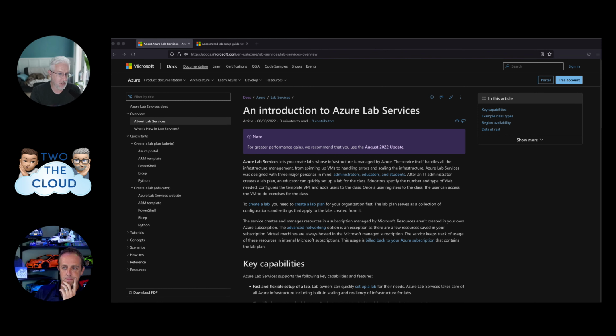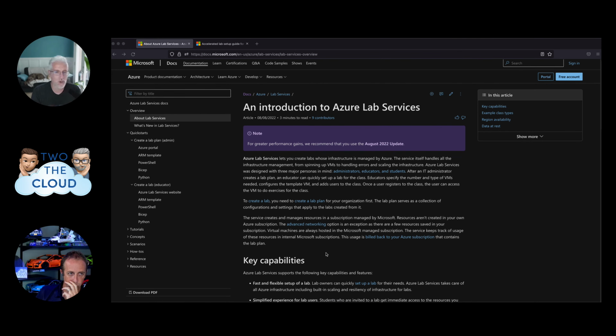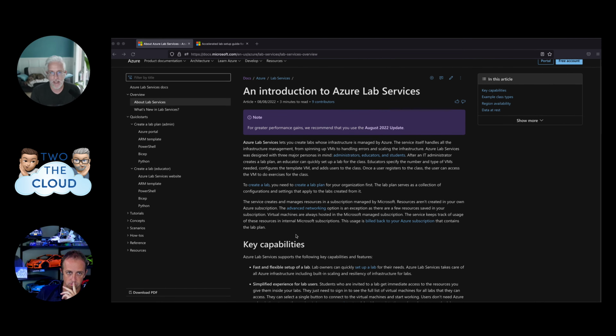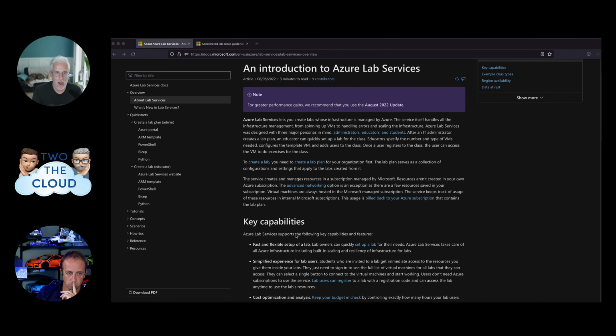So if you've ever wanted to run a hackathon, you could do something like that. I'm going to pre-provision a base template server, a Windows server, a Linux server, something like that, and I want to spin it up. I want to give the students in my environment the ability to stop, start, connect to their own machine, all that kind of stuff. So that's all there, ready to go for you.